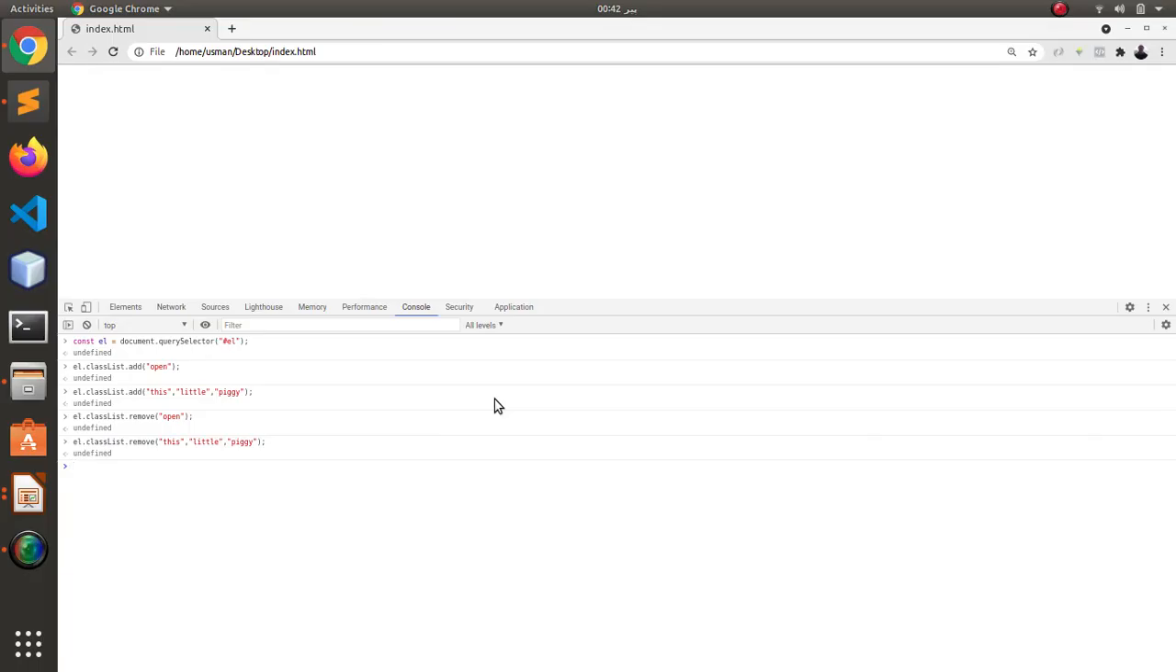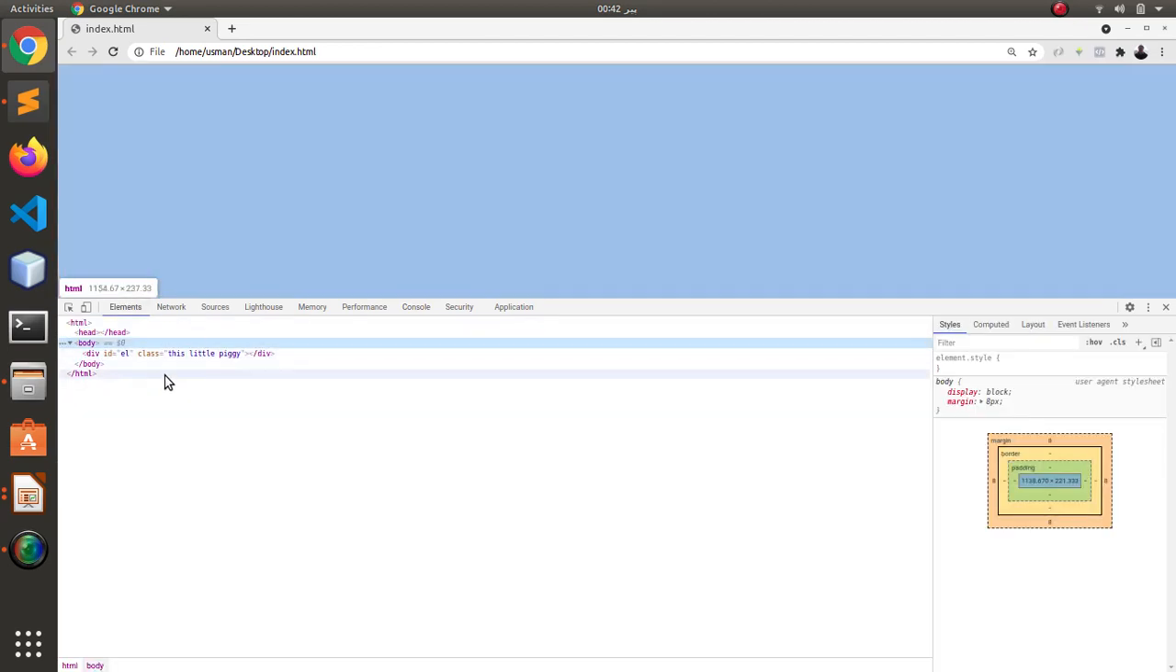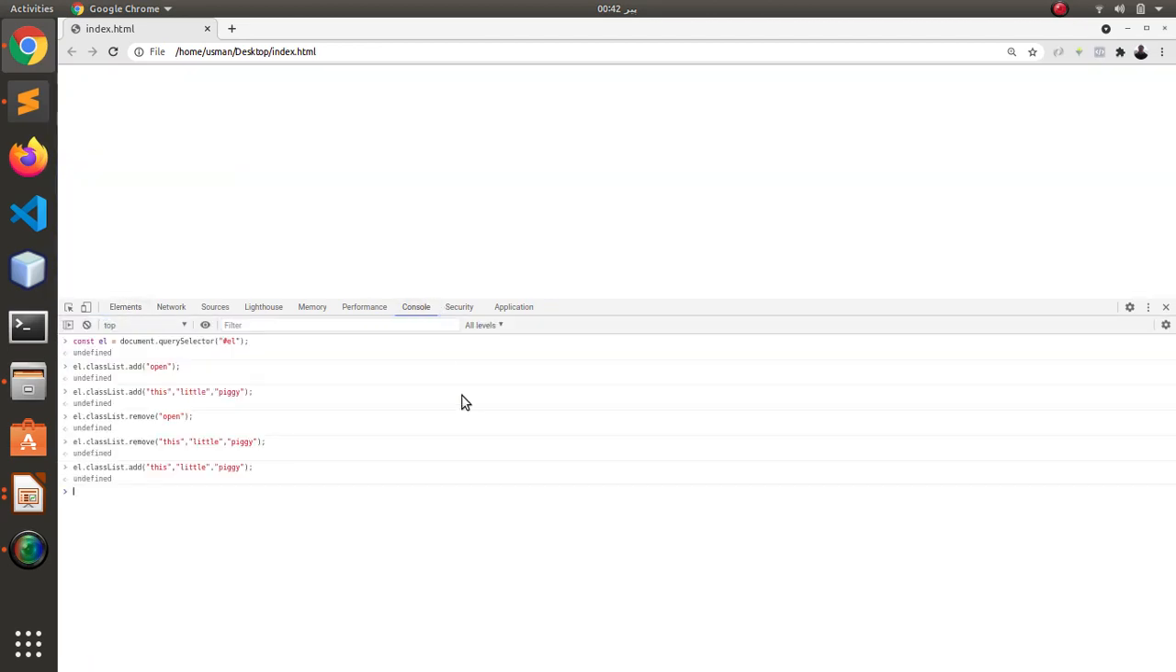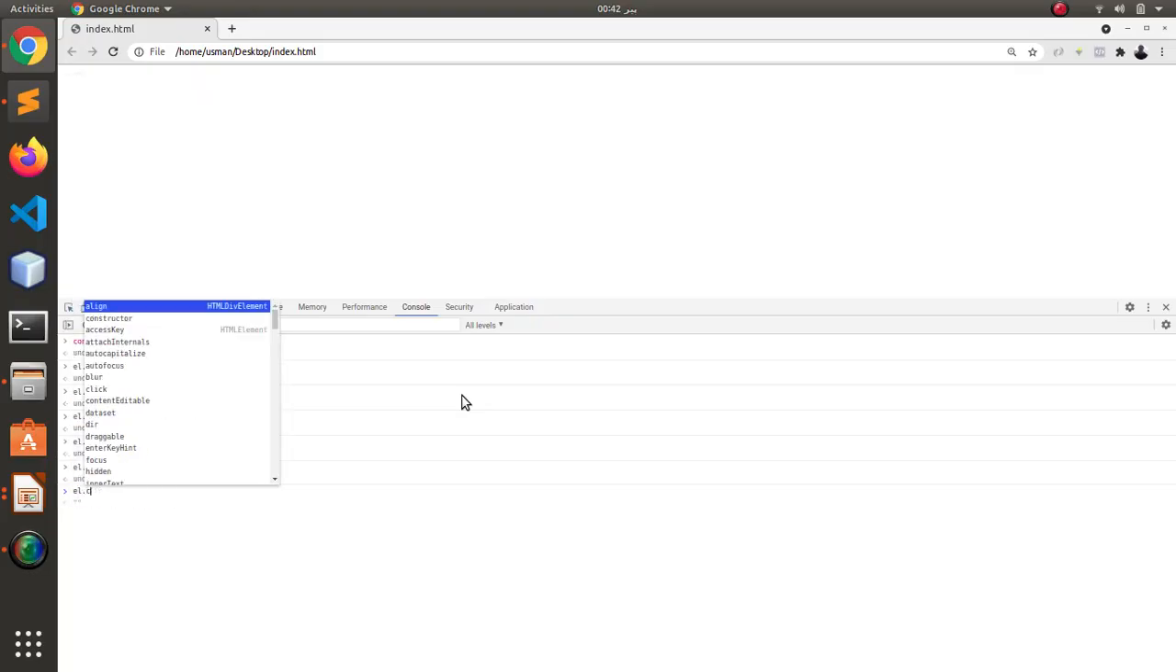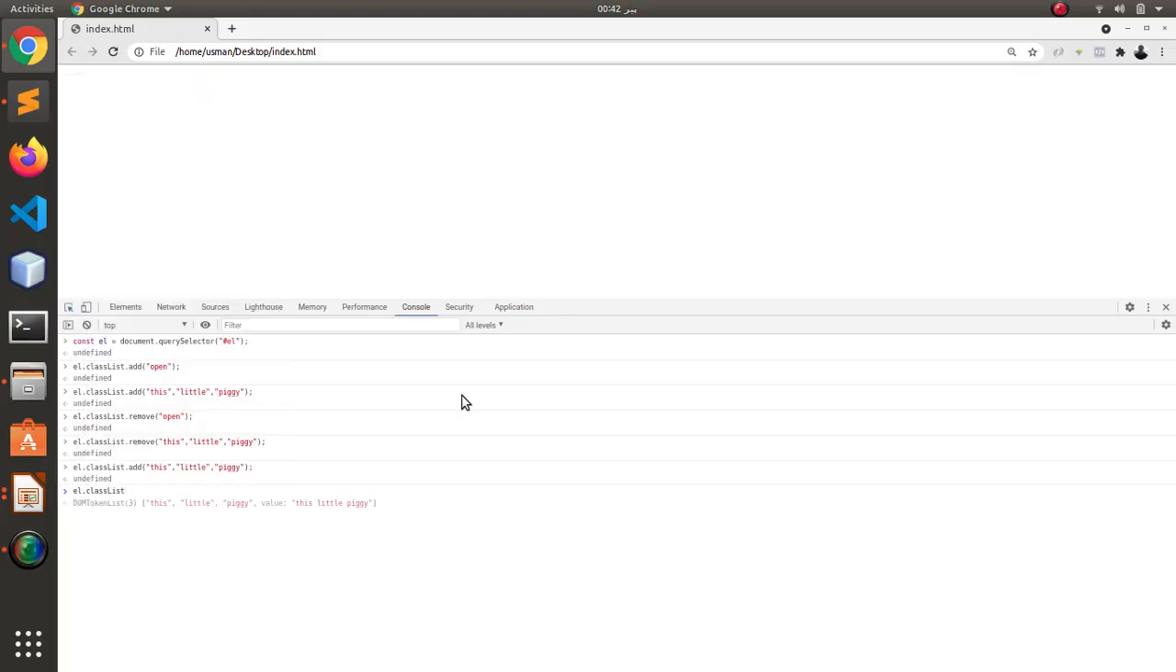So we are now going to add these classes again, because for the next operation we need some classes on the element, as we are going to loop through each class in the element. So what if you want to look at the element object? So in the element object you can see we have this, little, piggy classes in the element,